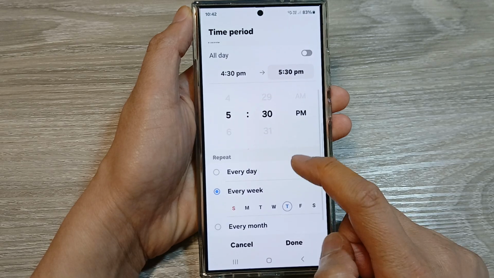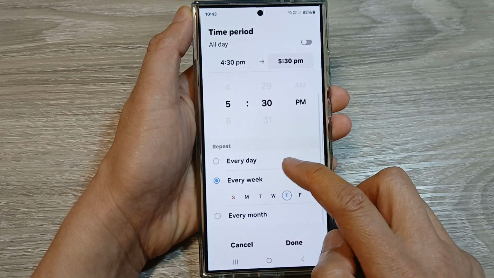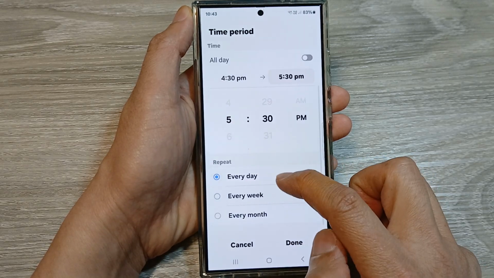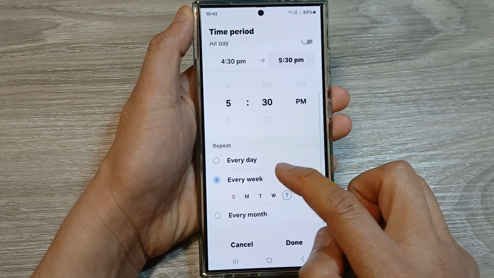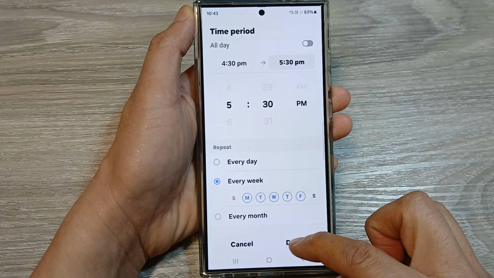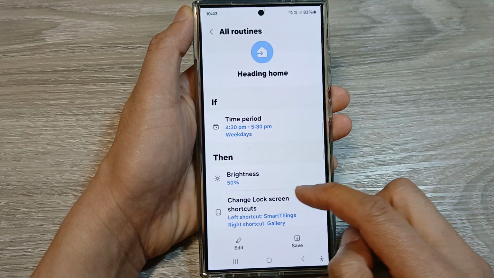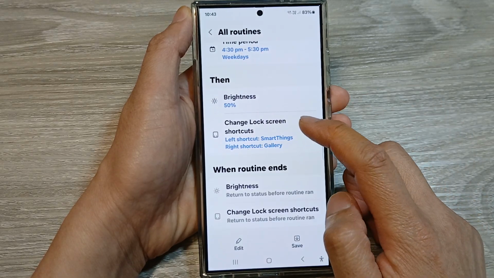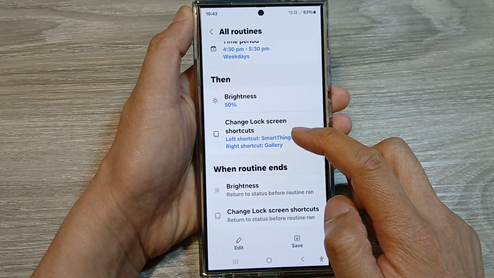And you can choose to repeat every week or every day. So here we can choose every day or every week. Choose the day, Monday to Friday, then tap on done. And here if you want to make any changes or if you like to accept the default, you can do